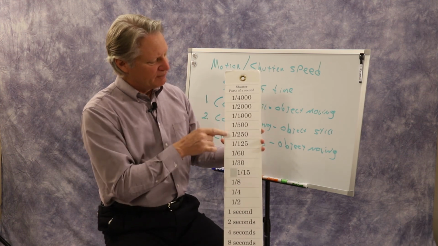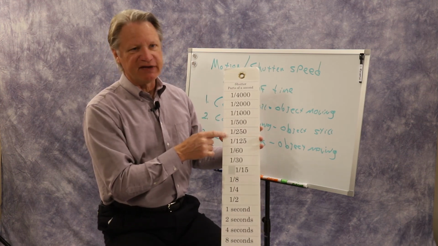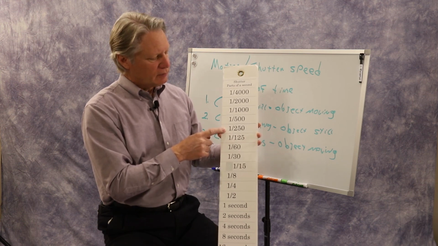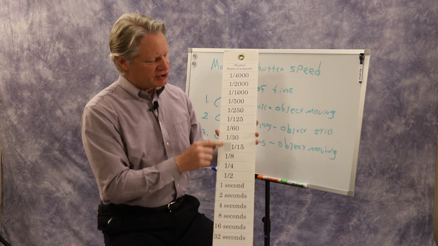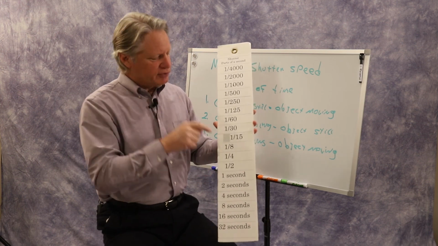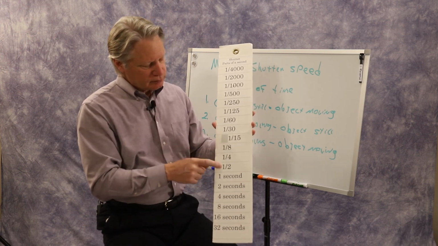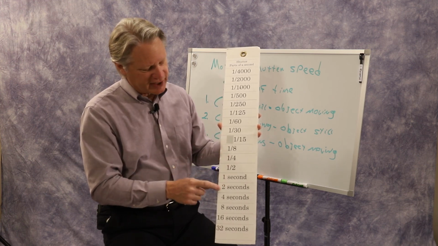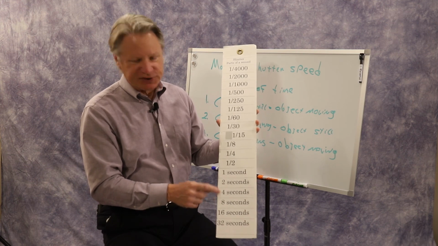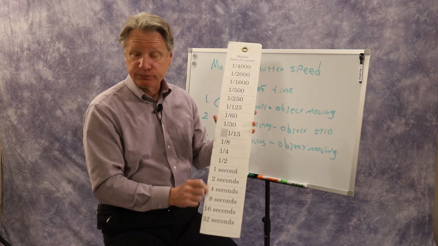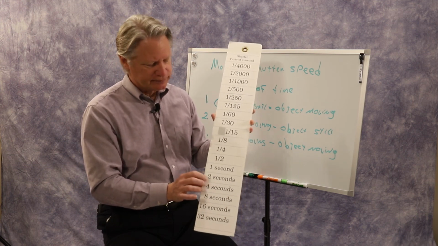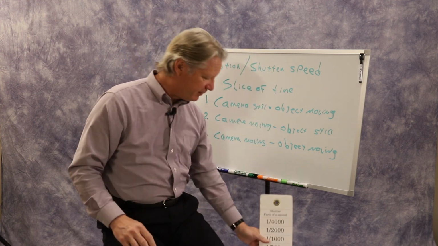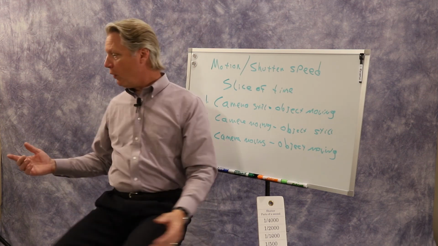You're going to be up here. 250 if it's not moving very fast. And if you want to extend, or blur the object, you're looking at a quarter, half, 1 second, 2 seconds. We'll do some stuff at 4 and 8 seconds. A lot of fun, especially since we can take objects that are lit up or are glowing